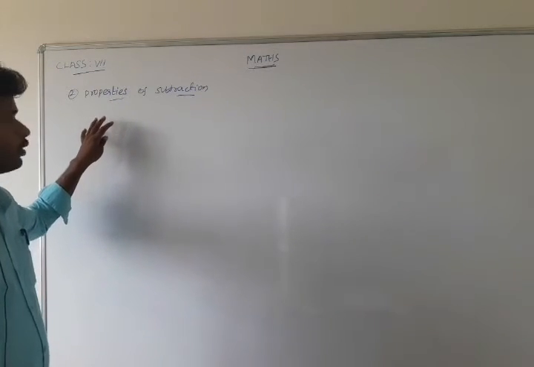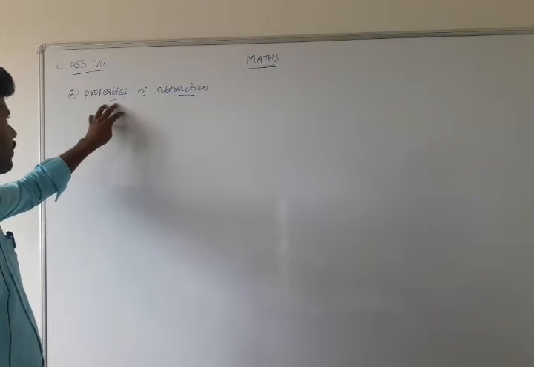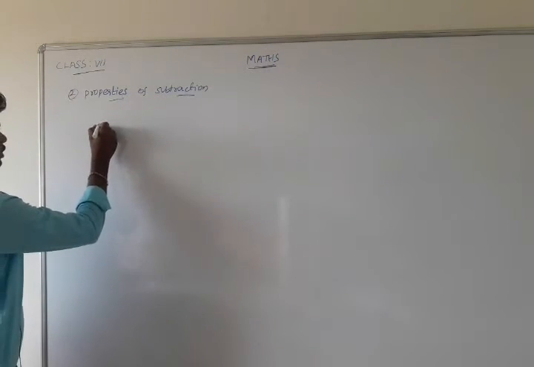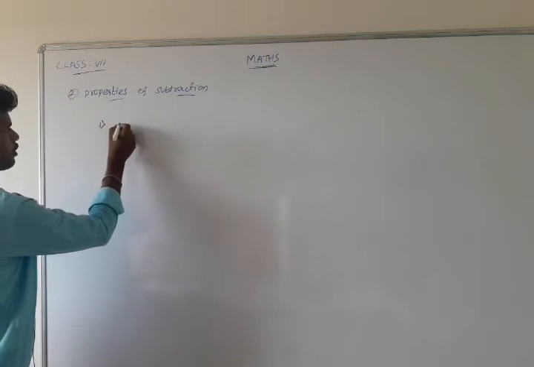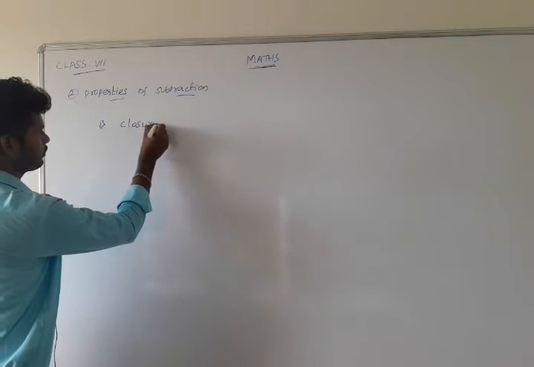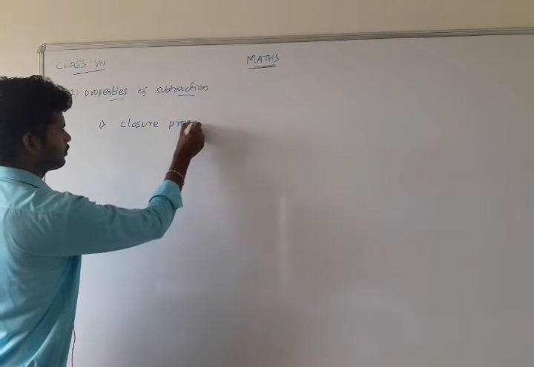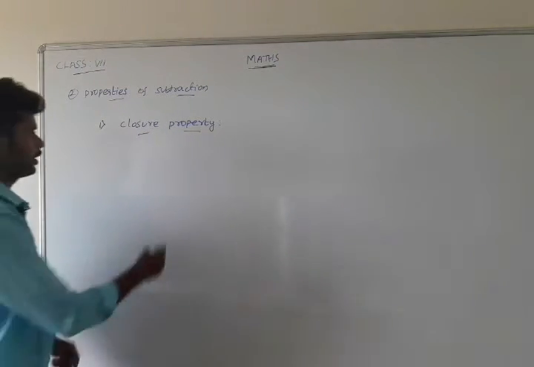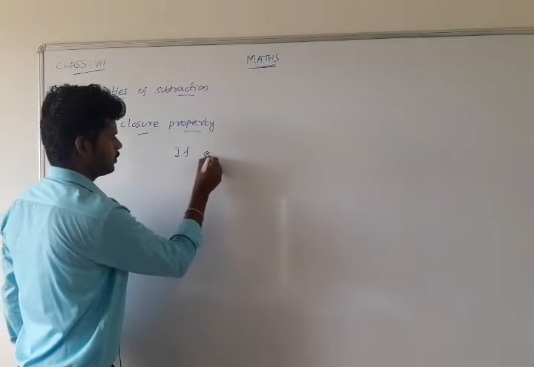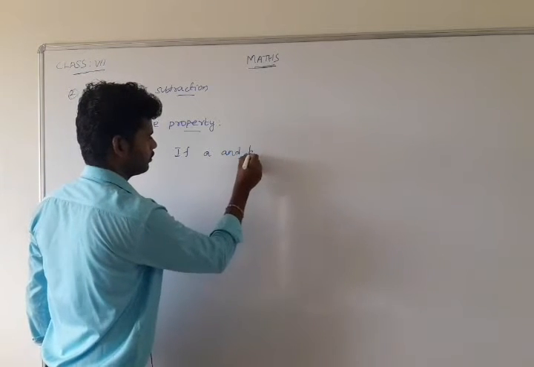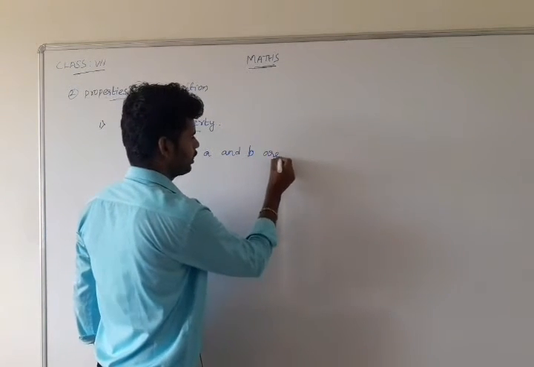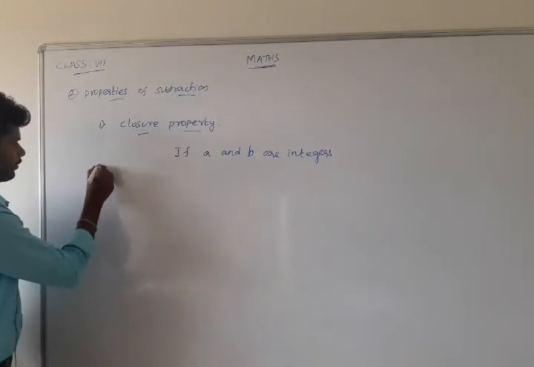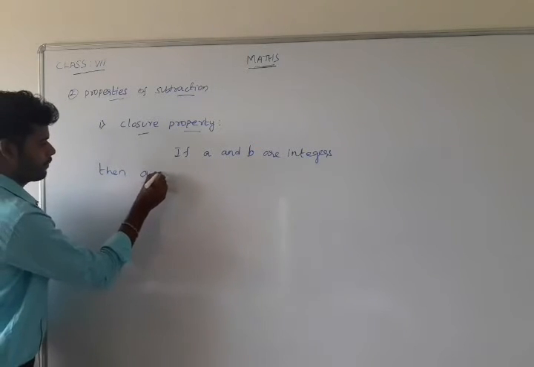Hi students, today's topic is properties of subtraction. The first one is the closure property. If A and B are integers, then A minus B